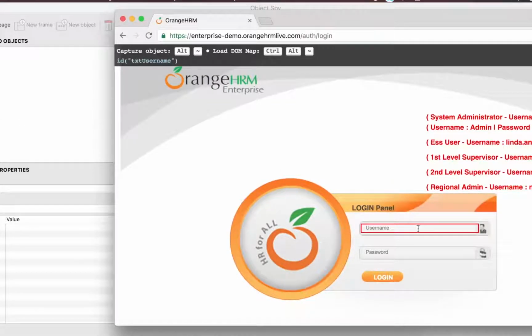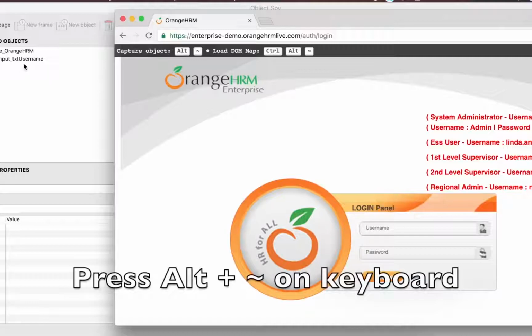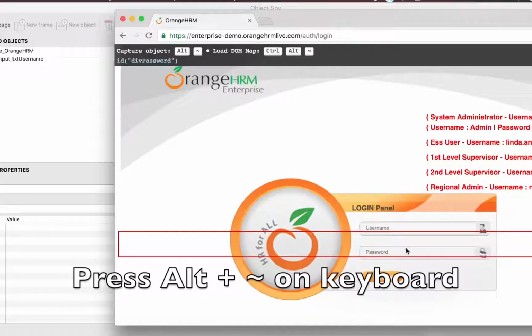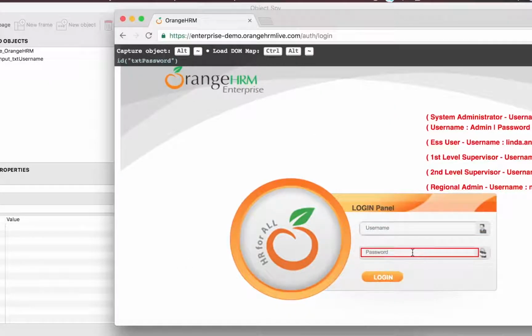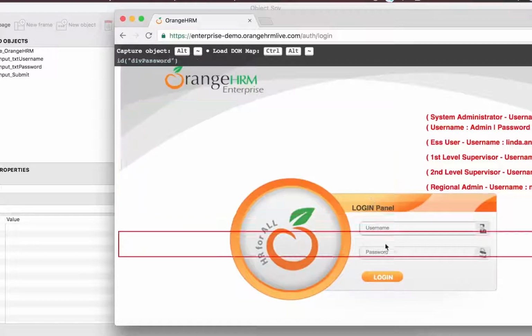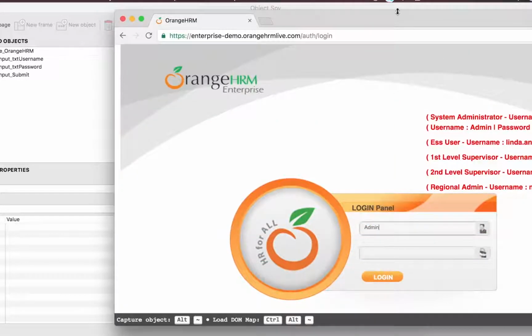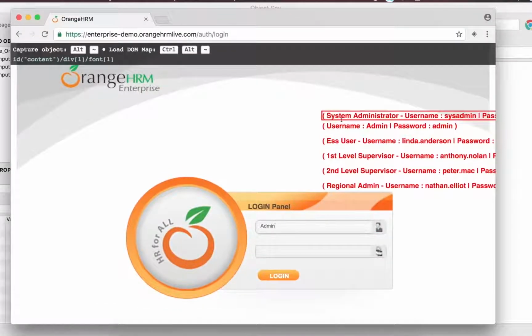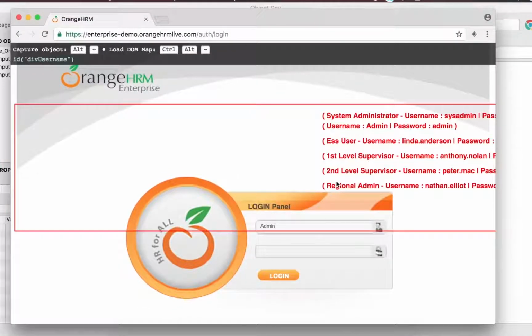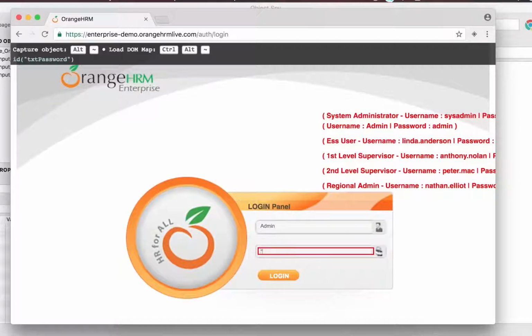The first thing is we have to capture this username text box. So I will go here and press Alt plus tilde key, and you can see it has come here in the captured objects. Then I will go to this password text box. I will press Alt plus tilde key and then the login button. And now I have to go to the next page, so I will actually log in. On this site you have all these usernames and passwords. You can use any of these. I am using the admin. I'll click login here,